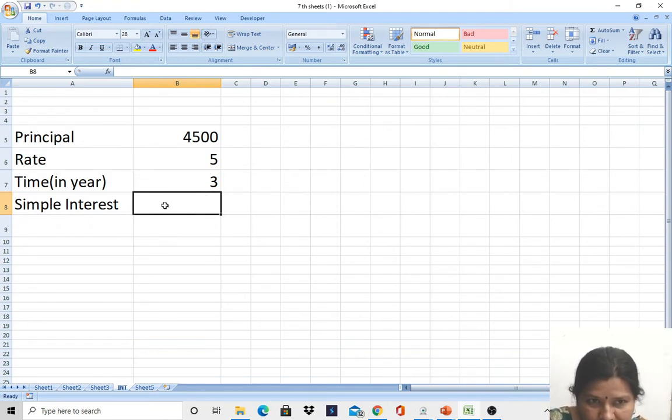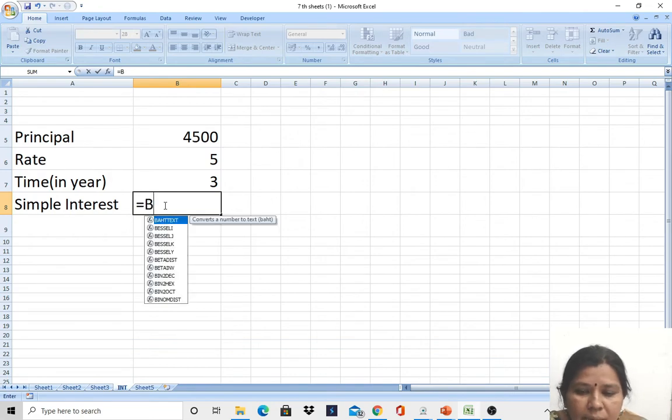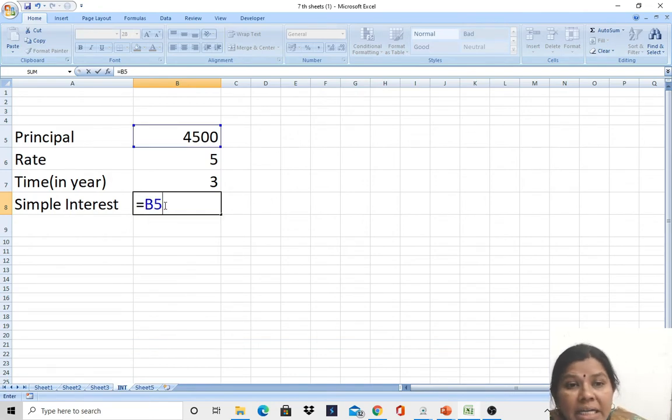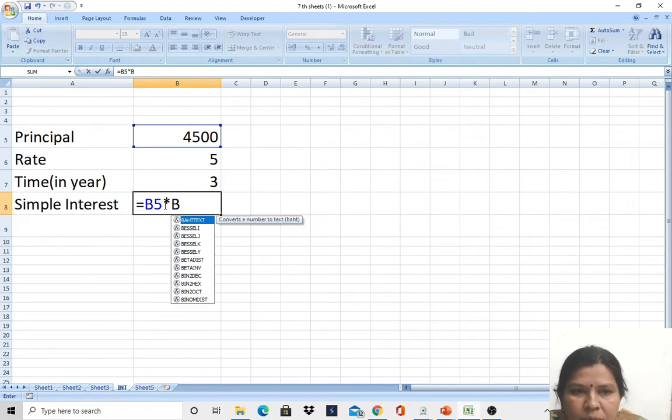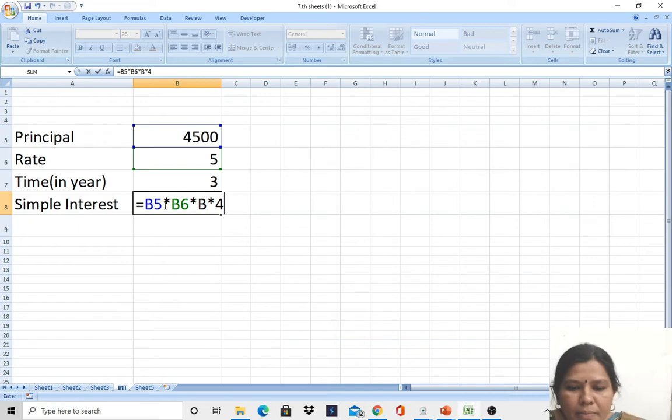When we want to calculate the interest, first the formula should start from equals to. Now these numbers start from B5, and the multiplication symbol you use is an asterisk. Okay, B5, B6, next B7, divided by 100, since the percentage is calculated by 100.